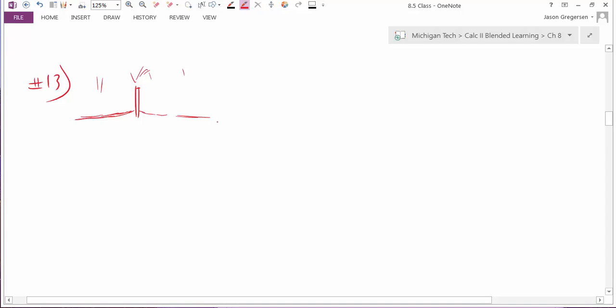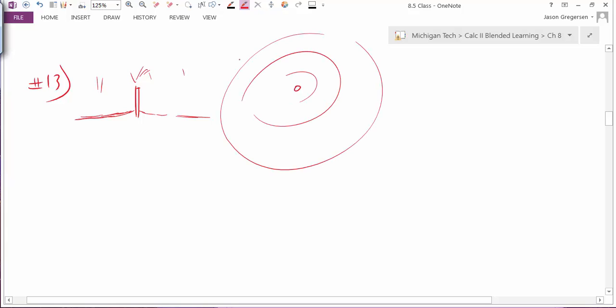The top-down view would say, here's whatever my garbage incinerator is kicking out the soot, and I'd be looking at different levels at different distances away. But for every spot that's the same distance away, everywhere around this circle, I should expect the same depth. Okay? So they're going to tell you what the depth is. They're going to say it's a function of r, which makes sense. It should be different depths depending on how far we go away from center. And they are going to tell me that it is